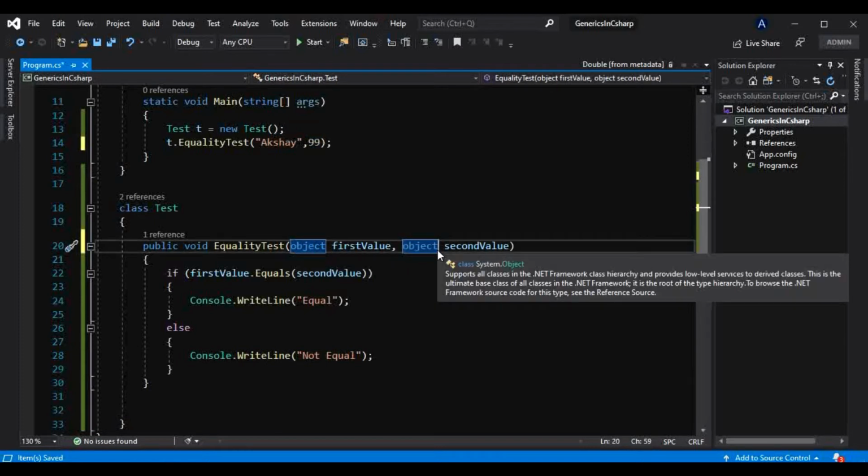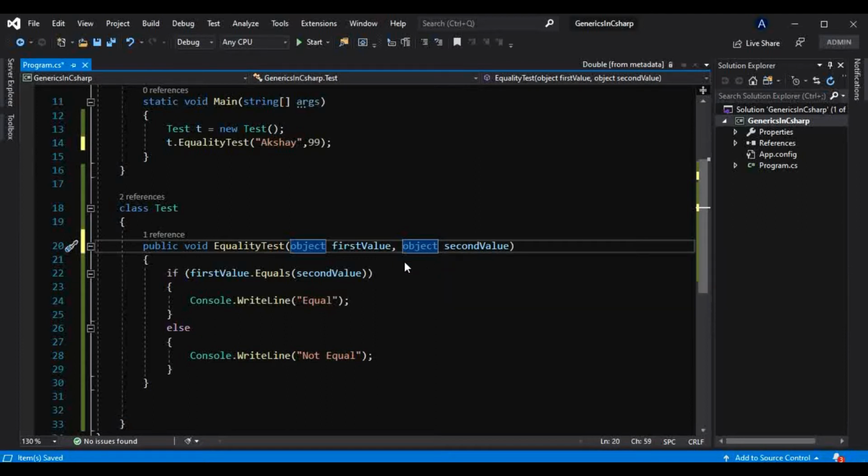And how does that happen? Using boxing and unboxing in C#, which we have also learned in this tutorial series. If you are not aware of what boxing and unboxing is, and how the compiler boxes a value type into an object and unwraps that value from the object using unboxing, just refer to the boxing and unboxing video in this tutorial series. You will find the link in the description below. You can check that out. You have to understand how the compiler does that implicitly.